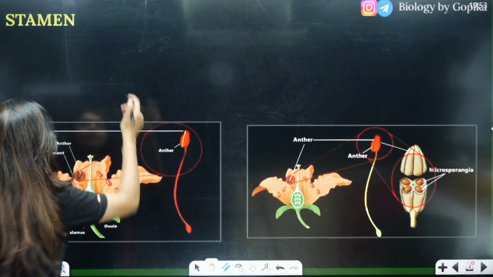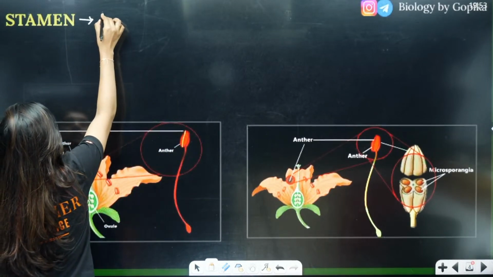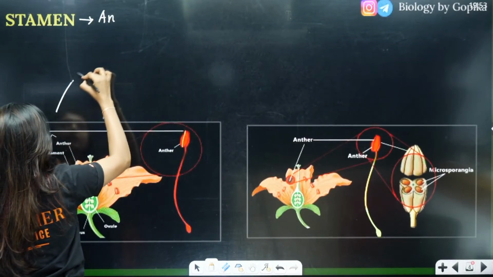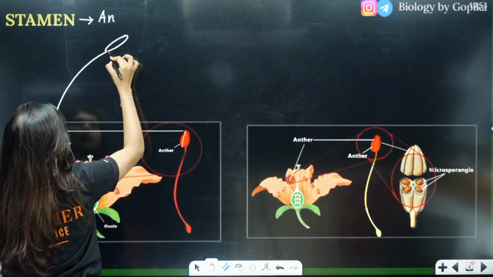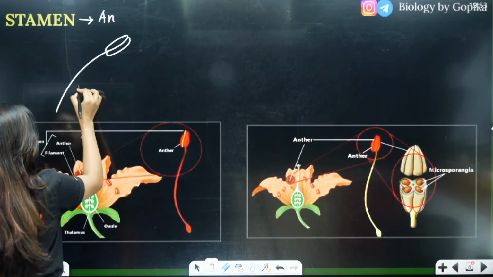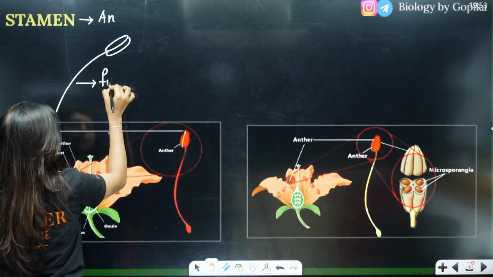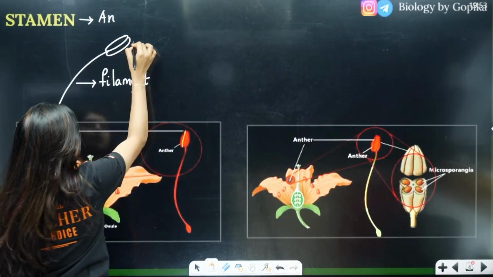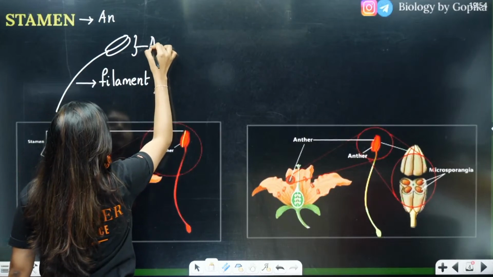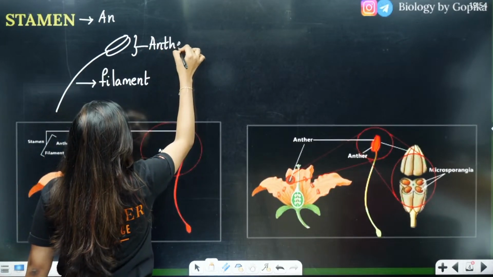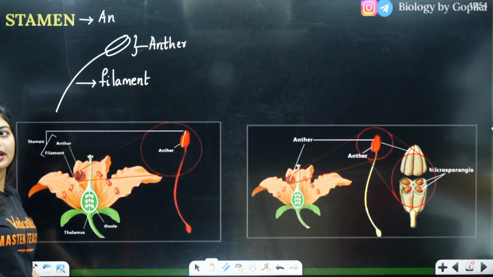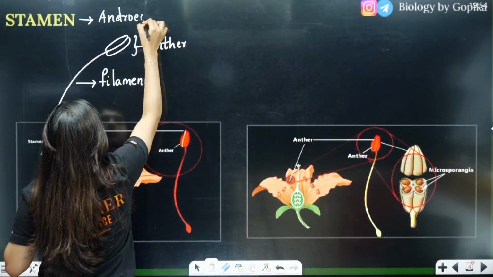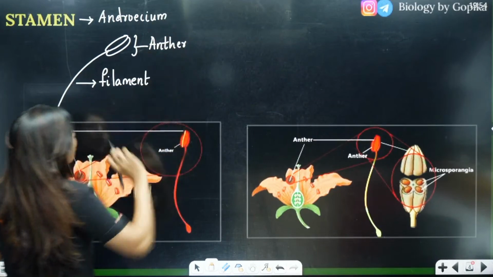Now, students, stamen, as I told you, the unit of your stamen is going to be your anther. What is your entire stamen going to have? This is your filament, this is your anther, right? So, here, this portion is going to be called the filament. Have you all seen this? Okay, filament. And this bilobe structure is going to be called your anther. This together is going to form your stamens, right? And many stamens together is going to form your whorl, which is called as your androecium, which is the essential part. Ma'am, all this is clear to me.